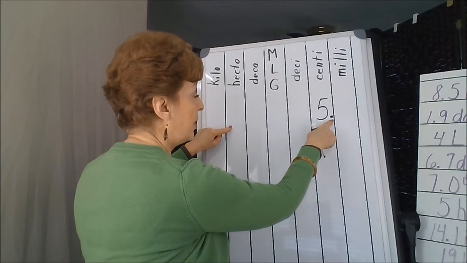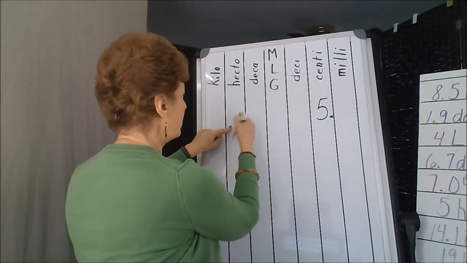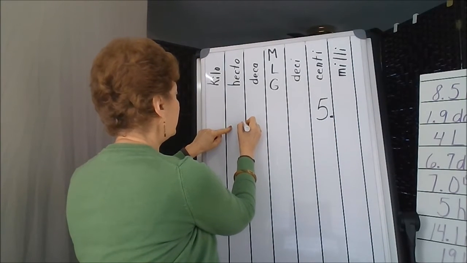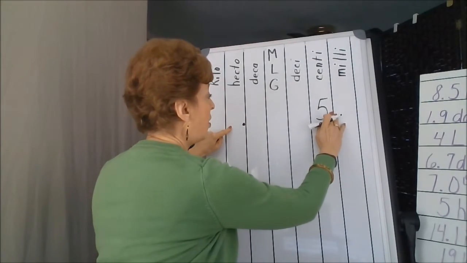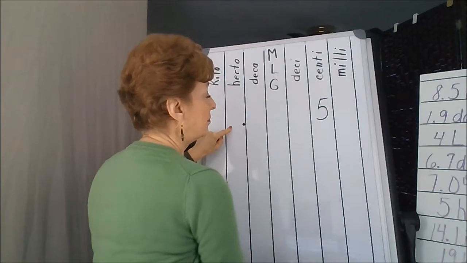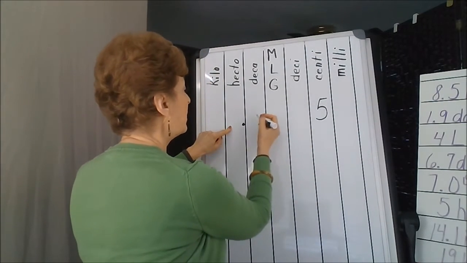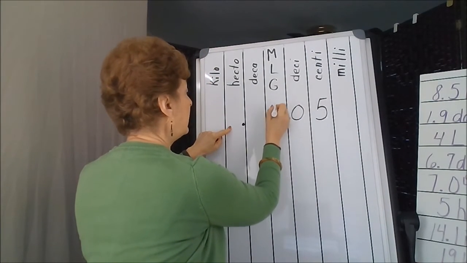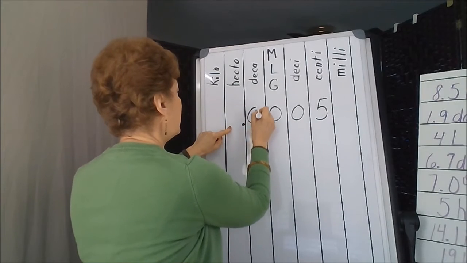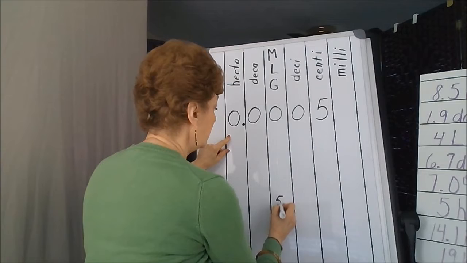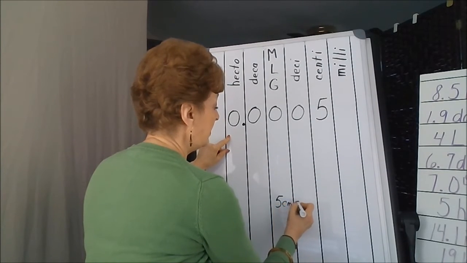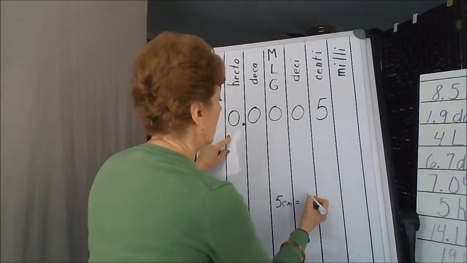So the decimal point has to move over to the hecto column because that's where we're going with it. Zeros are used to fill in the places until we get to the hecto column. So 5 centimeters would be the same as saying